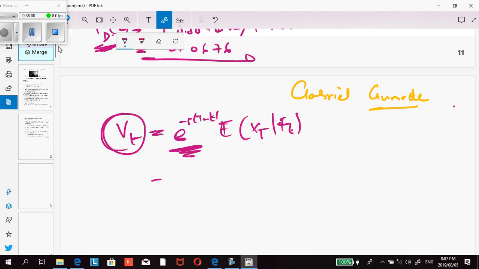So your payoff is 100 if the company is not in the default state. So what is the expected value times the probability that it is not in the default state, which is 1 minus